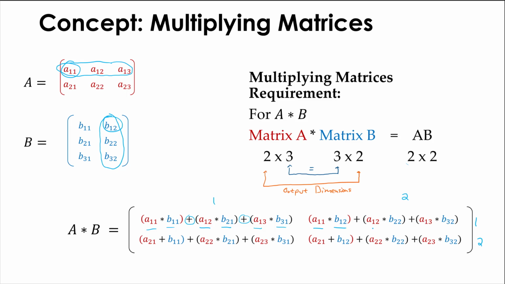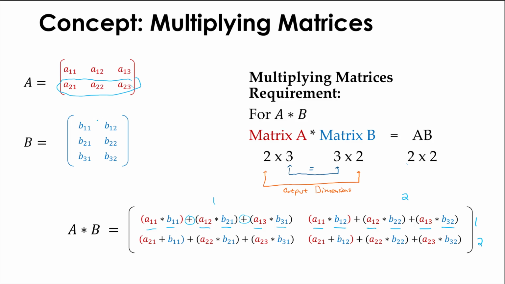And I've got the second element in row 1 times the second element in column 2. Third element in row 1 times the third element in column 2. And we're adding those products together. Okay, adding them up. All right, and come down here. Now I've got row 2, column 1. Now I'm going to move down here to row 2 for my first matrix,